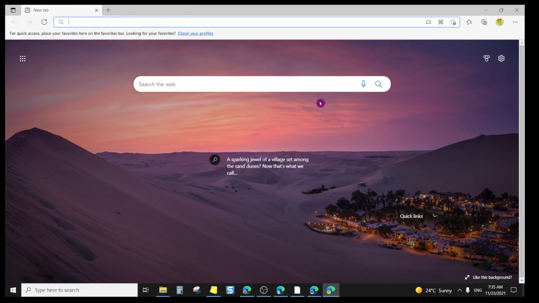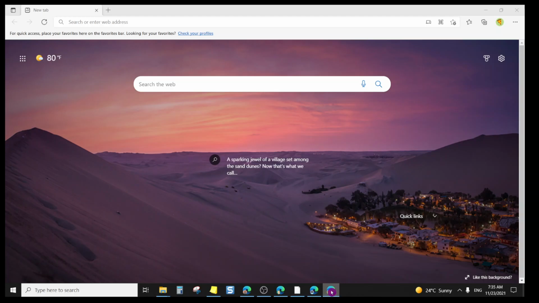If I click on my page now, I have my new profile loaded. The nice thing about this is it'll open up a new instance of Edge, and then I can choose. If I go at the bottom, you can see I've got a number of Edge instances open. This is my one for travel, and if I right click there on,